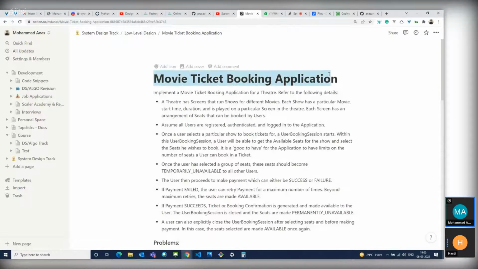Is our BookMyShow. Yeah, BookMyShow. You can say BookMyShow or any other ticket booking application. Basically it's BookMyShow only, and we'll just go through it. I've just added this